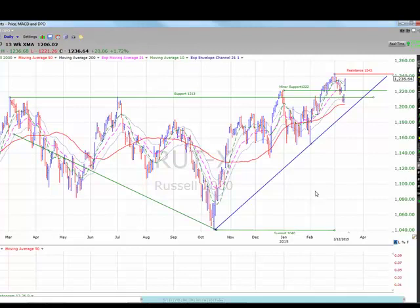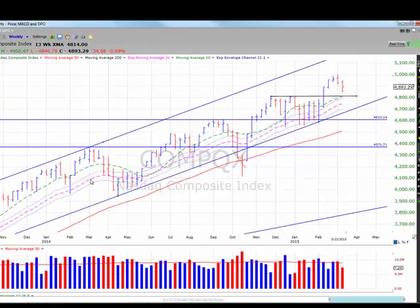In the short term, let's take a look at the NASDAQ Composite. What we're looking at here is a weekly chart of the NASDAQ Composite going back to February of 2014. In the end of February, beginning of March, the NASDAQ put in a high and then pulled back and made this base. When it broke above that high, or broke out of this base, it went on and then came back, retested the base, undercut it by a little bit before going on to make a new high. We then made this new high in September of 2014,